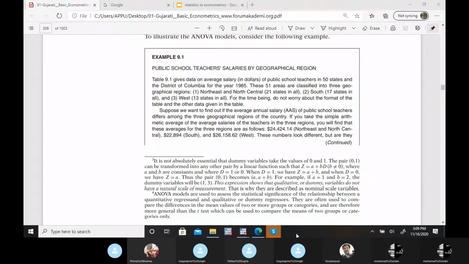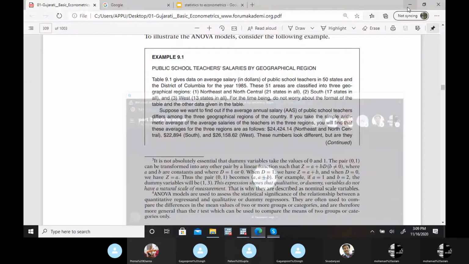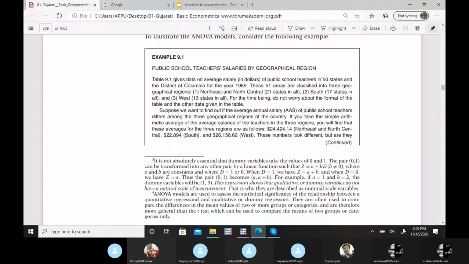Gagan, sir, when I have data sources with SC options, then how many categories of dummy? In categories you have to think about how many categories you have in your research area. For regression, I'll tell you how you can introduce those categories, but the number of categories depends upon your variable. It might be 5, it might be 6, it might be 7. That differs from situation to situation.